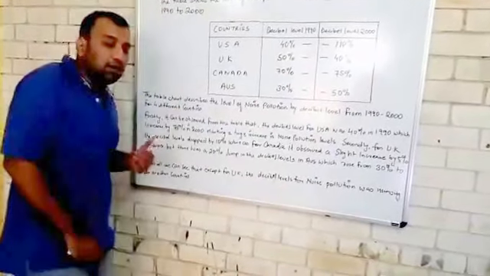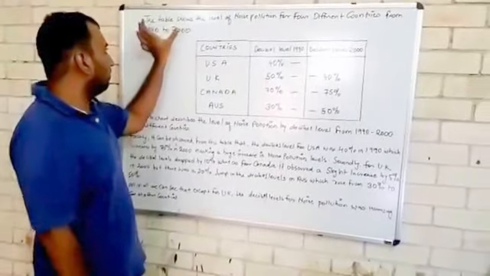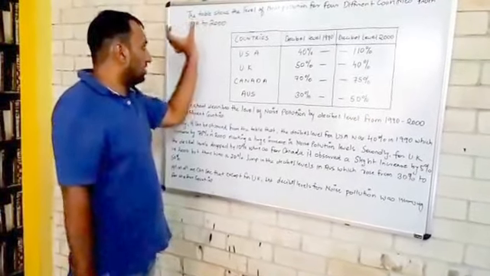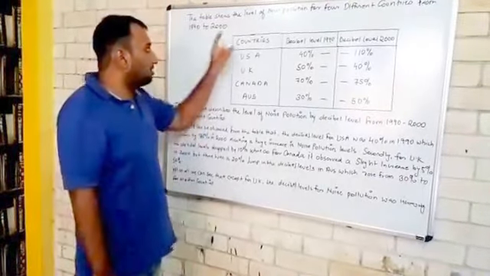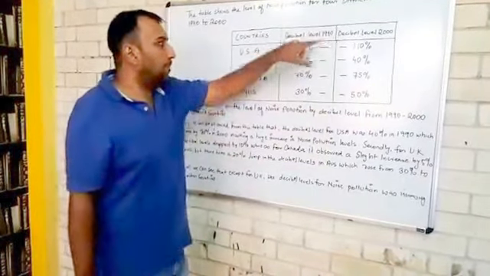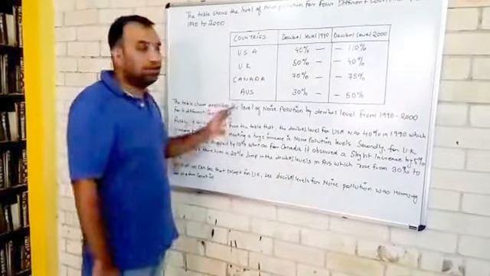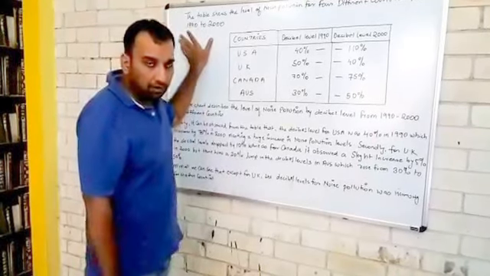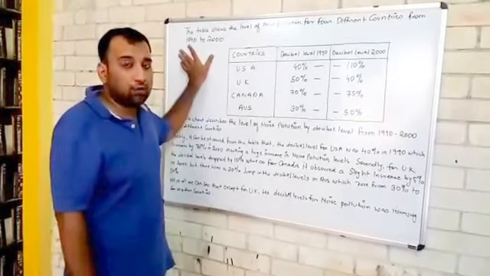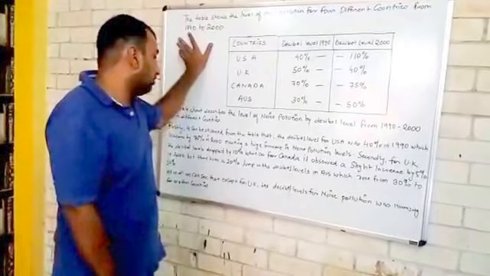Now let's look at the introduction which I have formed. The table chart describes. What I've done is I've taken the same area over here, but I have not used the same words, the table shows. Instead I've written the table chart describes the level of noise pollution by decibel levels, because we are comparing decibel levels over here, from 1990 to 2000 for 4 different countries. So what I've done is I've paraphrased this particular introduction which is given in the text. Do not try to copy the same text over here. You might lose out marks because then it is very easy for the examiner to spot.